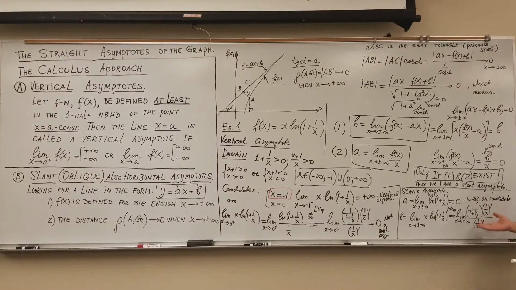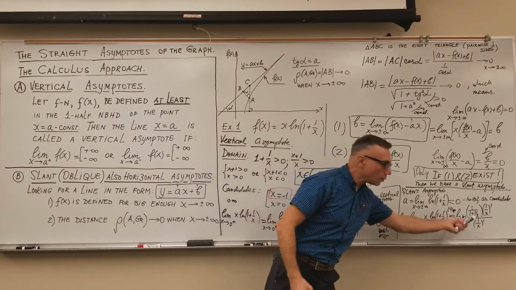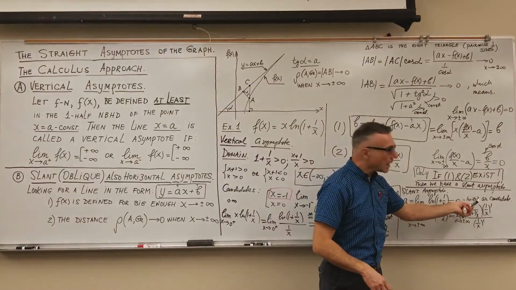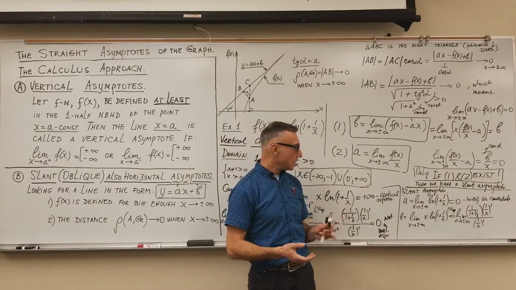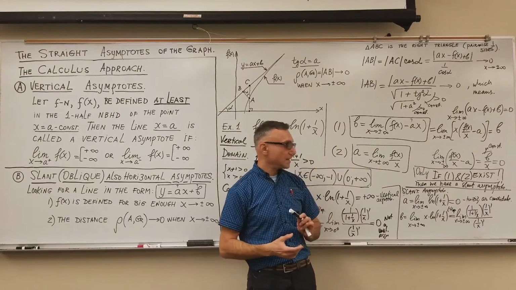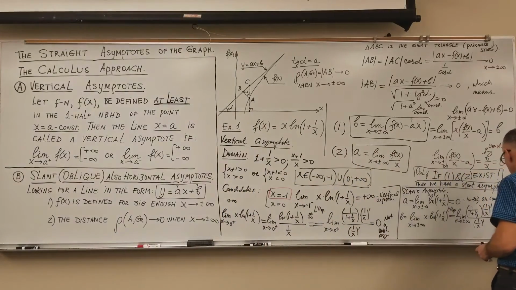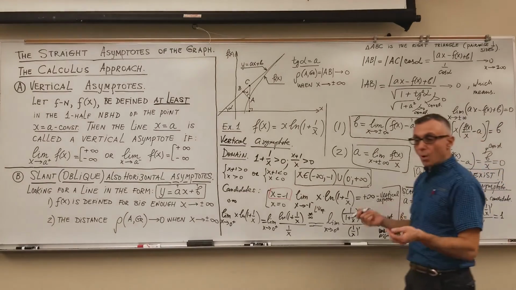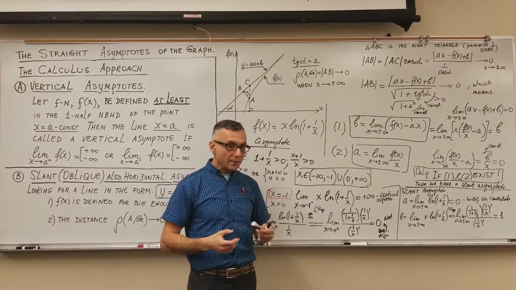And in both cases, when my x goes to either plus or minus infinity, 1 over infinity goes to 0, so 1 plus 0 is 1. So 1 over 1 is just 1. In both cases, it's equal to 1 when x goes either to plus infinity or minus infinity. So it's just 1. Looks like both limits are defined, both limits exist, which means that we do have a